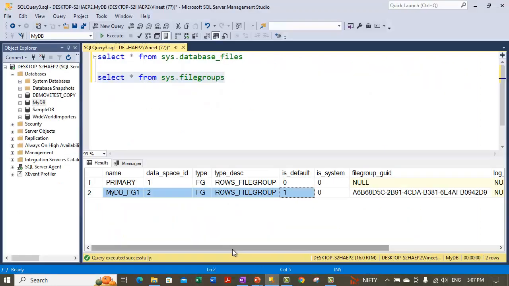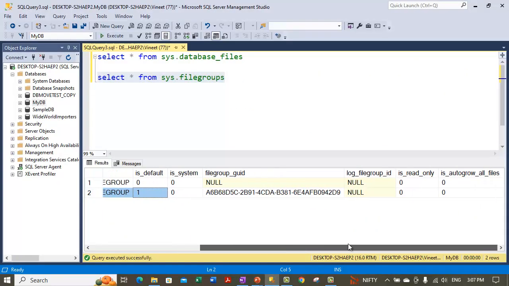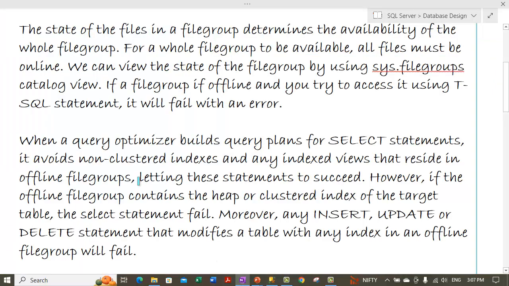So state of the file group not shown here. Okay, now let's go to the next statement. So